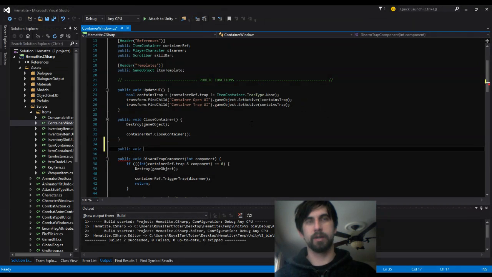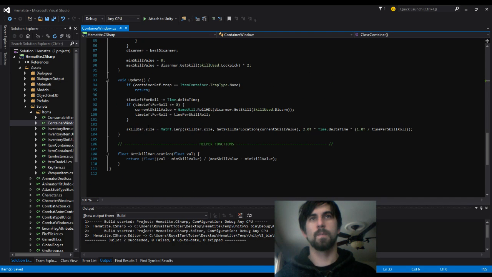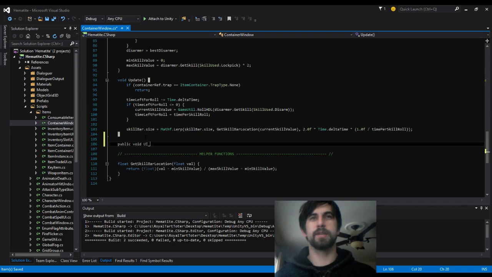What do we got? Use key. I'll have to figure that one out. That one is going to be that two-step process. We're probably going to need a picker. I'm kind of tempted to start putting